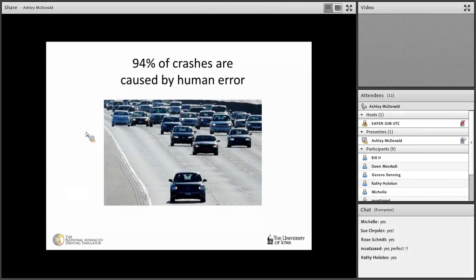So I'll get into a little bit of the basis of some of the background data that led up to our campaign and before we actually launched. As we all know, 94% of crashes are caused by some sort of human error. Our roads continue to be one of the most dangerous places in the country, and the reason for this is